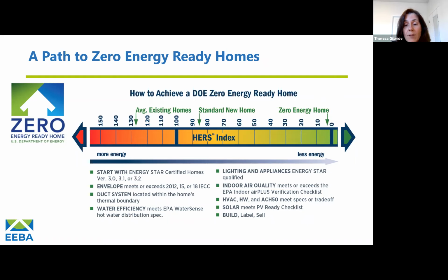The ducts, if you have a duct system, need to be inside the conditioned space of the home. Lighting and appliances and windows need to be Energy Star certified. And then HVAC and hot water and air sealing need to meet climate specific requirements. And we call it the Zero Energy Ready Home Program because you need to have the house ready to put solar on, but you don't have to actually put the solar on, though over 60% of our projects are certified